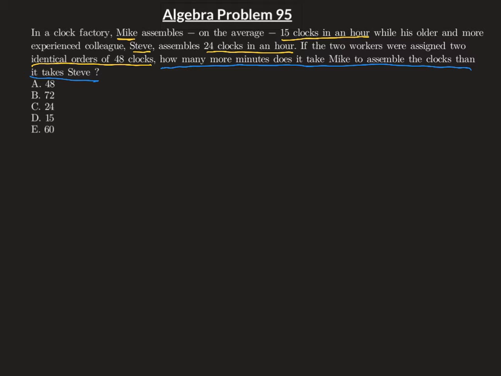Now we've got two different perspectives. We've got Mike's perspective, he can do 15 clocks an hour, and Steve can do 24 clocks an hour. So let's split our paper, just to make it easier to organize our information. We'll write Mike on this side, and on this side we can have Steve. And Mike can do 15 clocks